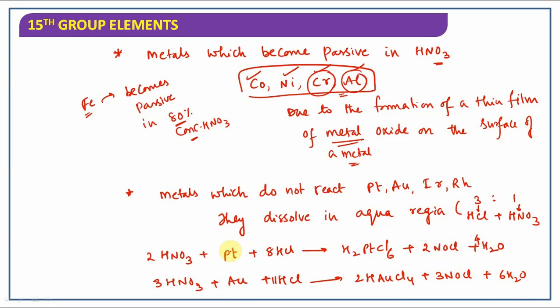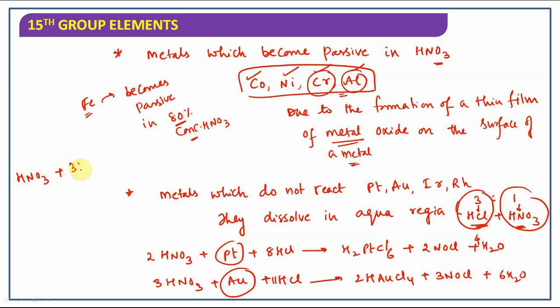Platinum and gold individually do not react with nitric acid, but they dissolve in aqua regia, that is a mixture of HCl and HNO3. 3 parts of HCl and 1 part of HNO3 is called aqua regia, right? If you take only concentrated nitric acid individually, that concentrated nitric acid cannot dissolve noble metals. But aqua regia, that is HNO3 plus HCl, 1 part of HNO3, 3 parts of HCl,